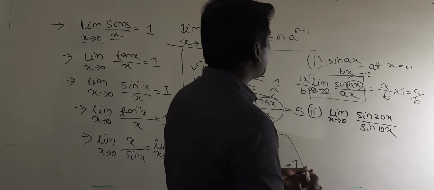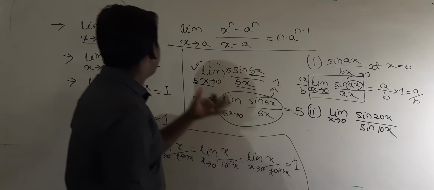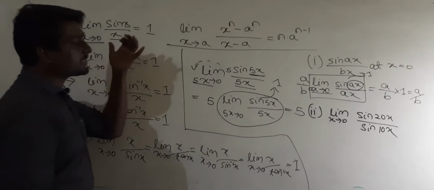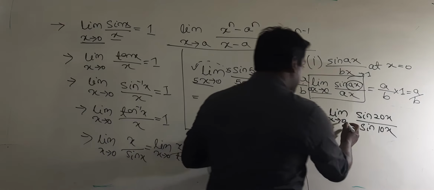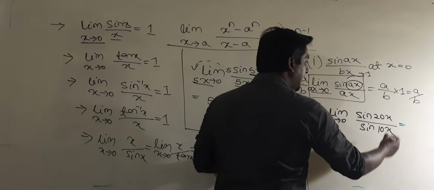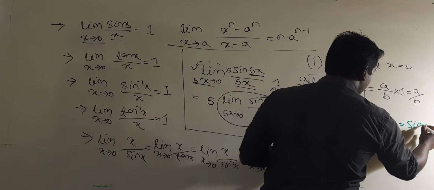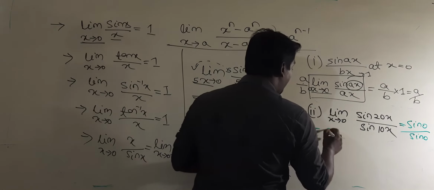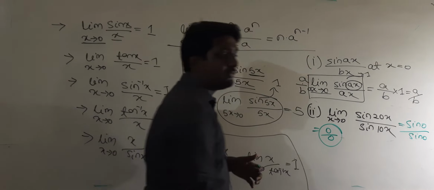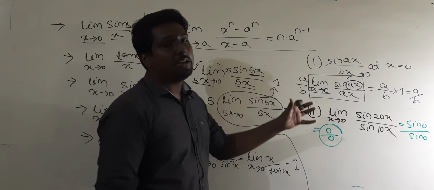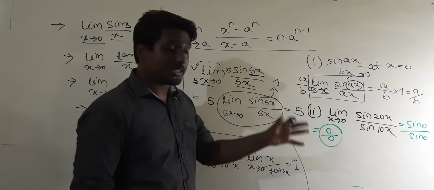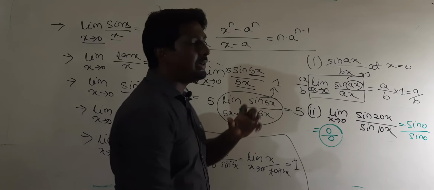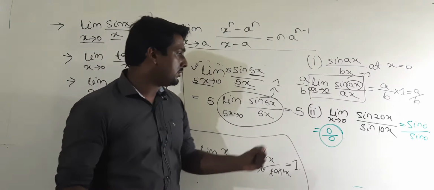For solving this problem using the method of sin x by x, you have to use the method of sin x by x, because if you put x as 0 over here, then sin 20x will be equal to sin 0 divided by sin 10x, which will be equal to sin 0. So it will be in the form of 0 by 0, which is an invalid form. So as we are dealing with the invalid forms, we must think that this invalid form must be dealt with this particular formula, limit x tends to 0 sin x by x equals 1.